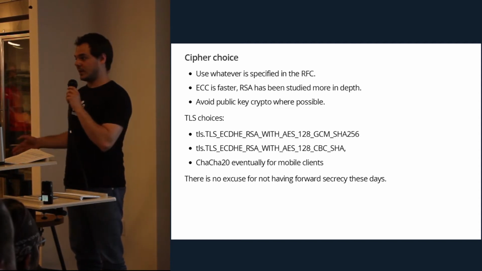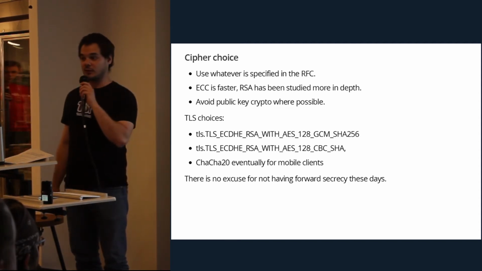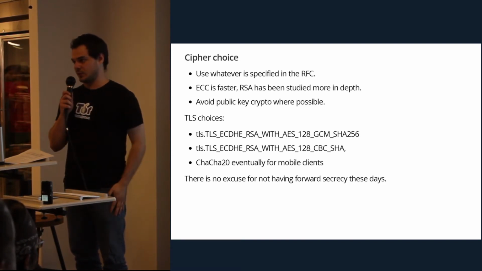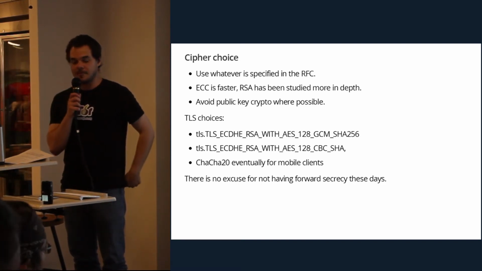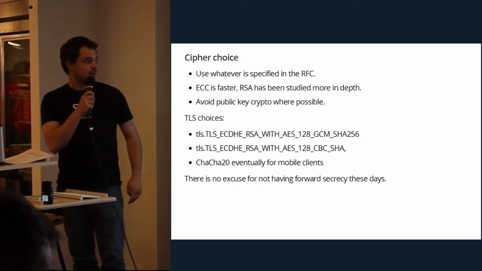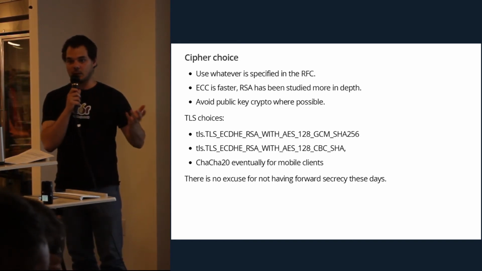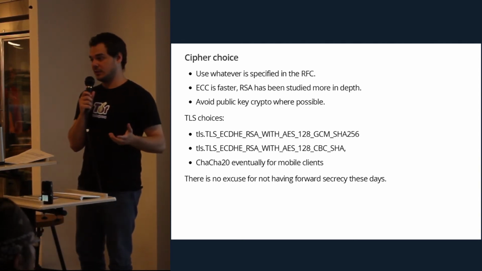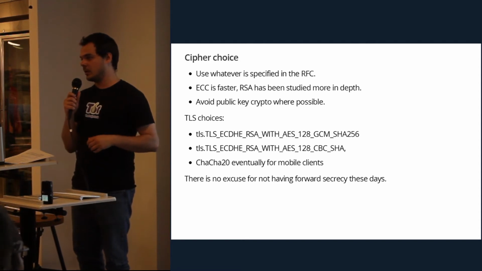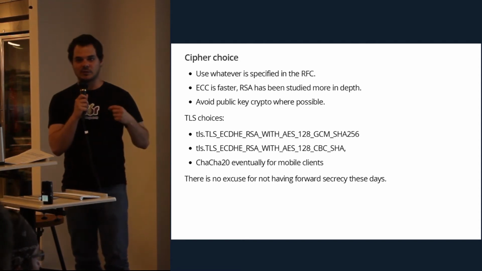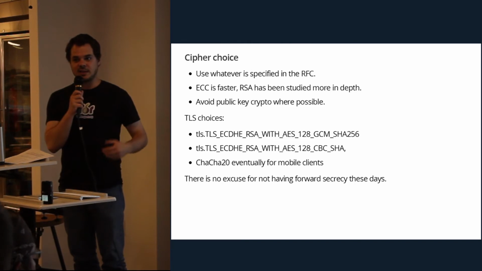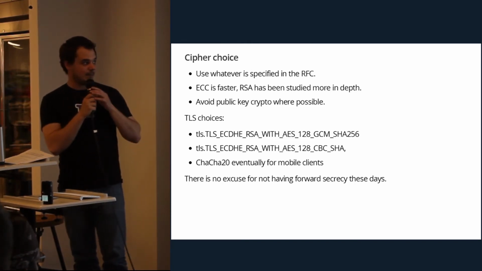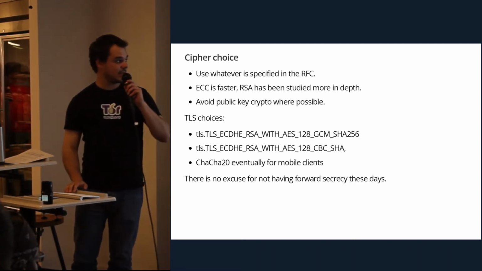Okay, so what cipher should you use? The answer, whatever the RFC says. If you don't know which one to pick, then you should go with whatever it is you're trying to implement says to use. If you're building your own system, then you're probably going to go with sodium chloride, like I said before. Elliptic curves are faster if you need to pick a public key algorithm, but we haven't studied them and we don't have as much experience in understanding the security properties of elliptic curves as we do RSA. So you have to balance those needs there.